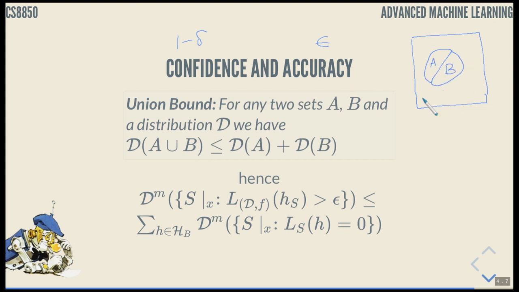So getting the union of sets A and B in this case will be equal to the sum of probabilities. But once you start overlapping A and B, you can immediately see that the probability of getting an A plus the probability of getting a B is greater than the probability of hitting A union B. That's the union bound. So we can use that union bound